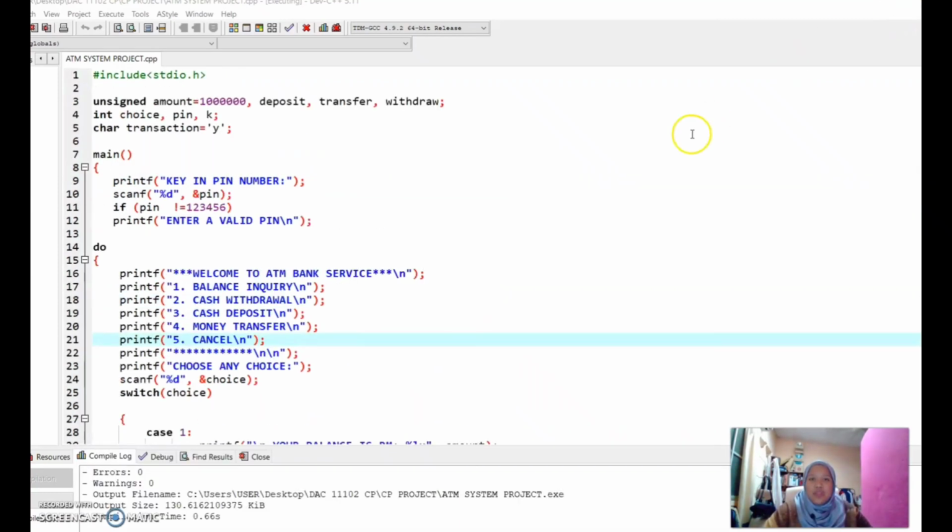Today I will continue the presentation from my group, which is the ATM System Project. First of all, we use stdio.h, which stands for standard input and output, and stores various input and output functions such as scanf and printf, which are all the processes we will use in this programming. Unsigned amount is the balance that this account currently has, and deposit, transfer, and withdraw are the services